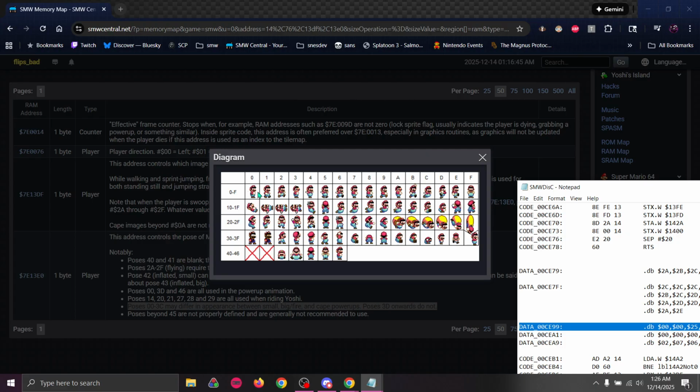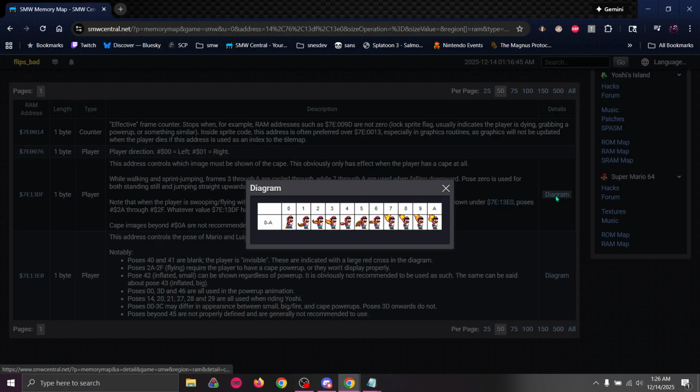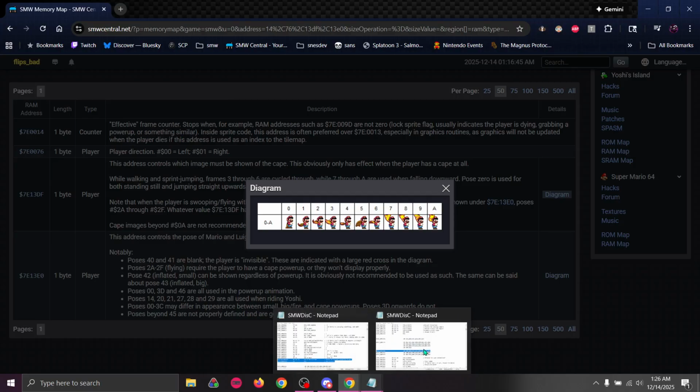Now, you might have realized that the first and third sets of 2 frames in the cycle use the same pose. And additionally, back here, the first and second halves of the frames use the same poses for the cape behind Mario, and that's because that's affected by your facing direction. It'll use the same pose, but just flipped over the vertical axis, or flipped horizontally, based on your direction. So it's using the same pose for both, but with one you're facing left, and with one you're facing right. But what's important to note about this, actually,